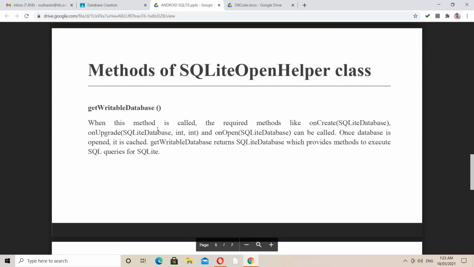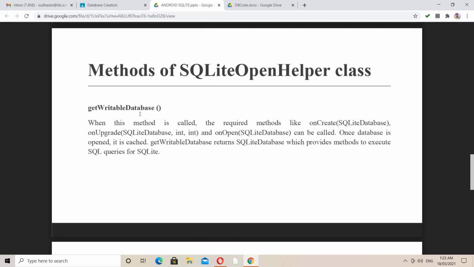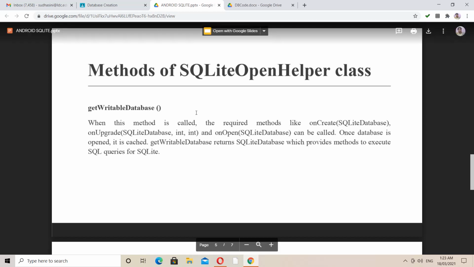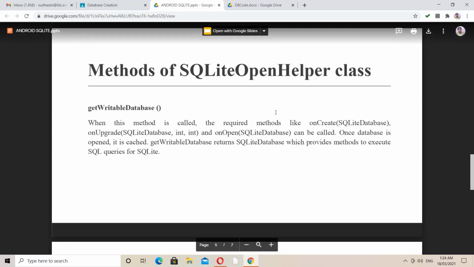Another method within your SQLiteOpenHelper is getWritableDatabase. As I already said, whenever this method is invoked, it automatically calls onCreate, onUpgrade and onOpen. These activities are also called simultaneously, based on the request.